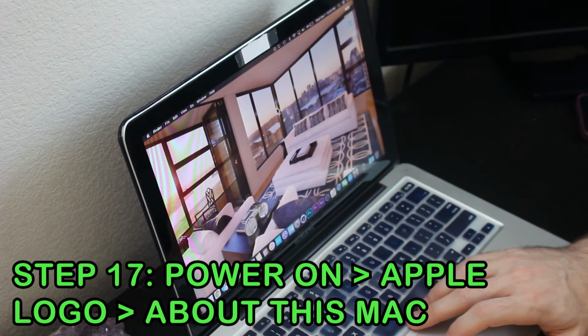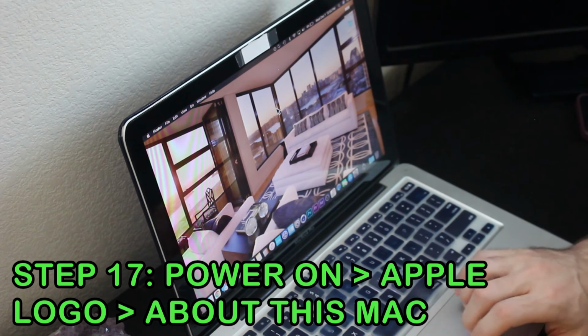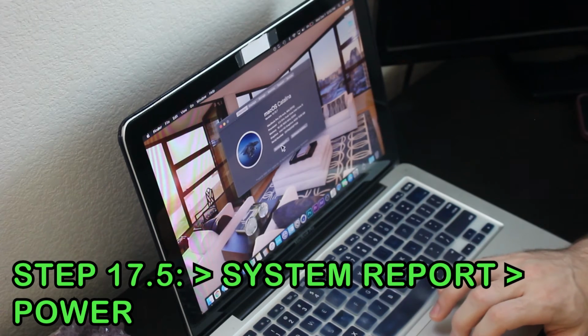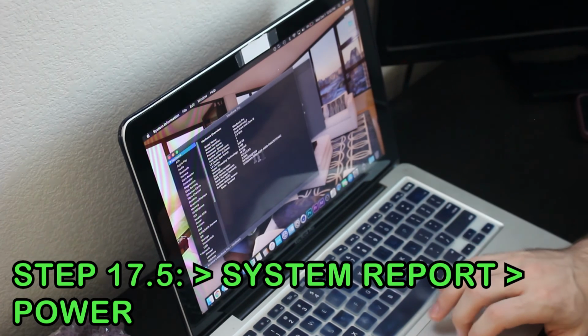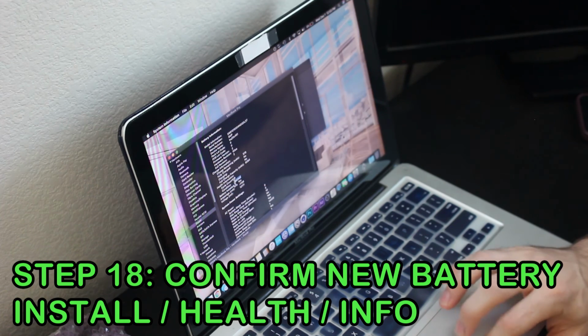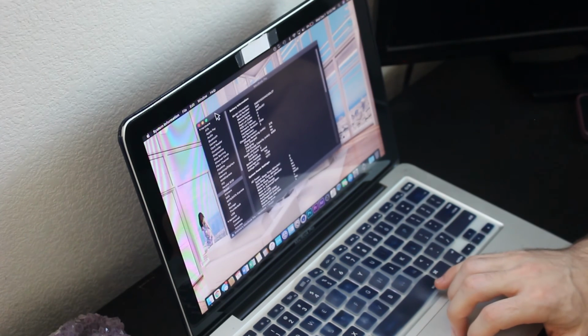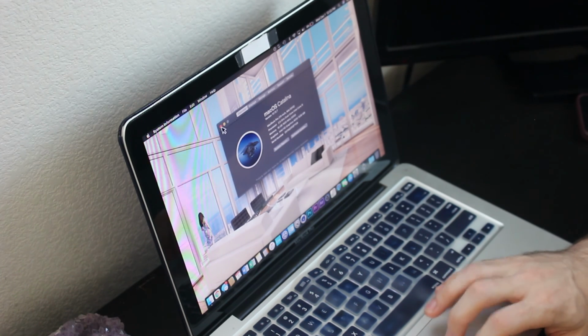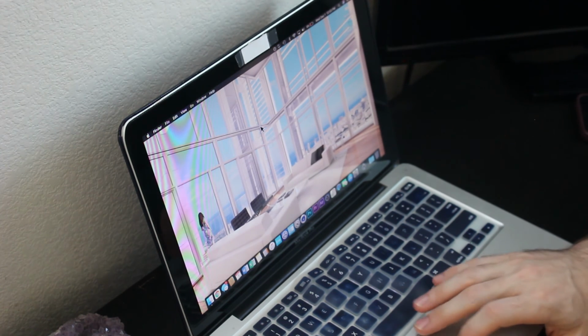Once you have installed the new battery and started up the laptop again, go ahead and go to the Apple logo, go to About This Mac, go to System Report. On the left hand side, go to Power. And then here you'll see that the battery is installed. The current amperage, voltage, cycle count of 2, and condition is normal, and it looks like we successfully installed that battery. That is how you replace or install a new battery on a 2012